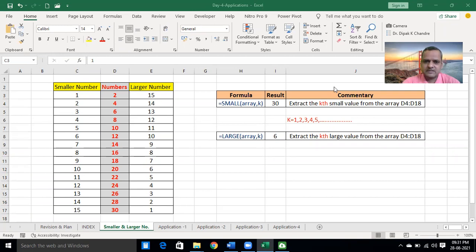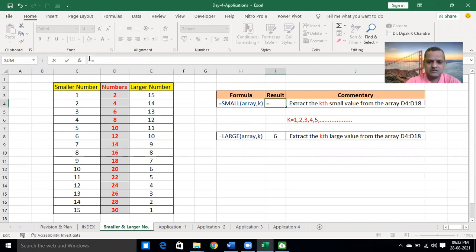We can see the formula here. I will type the function SMALL. The array and k. Array means the column.